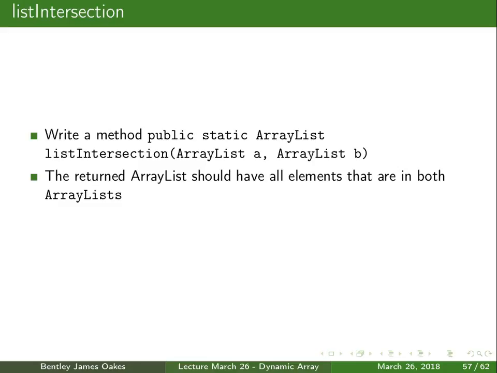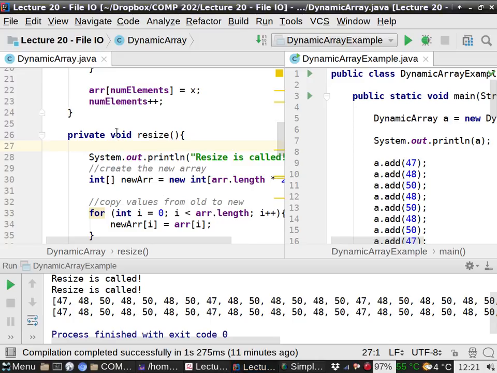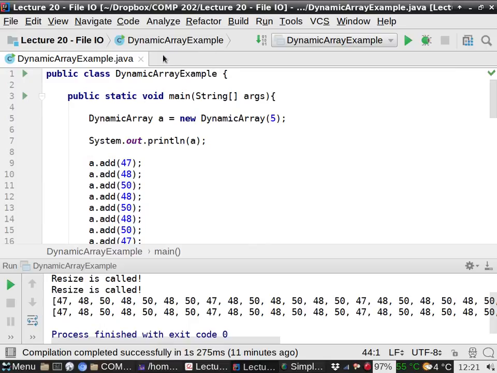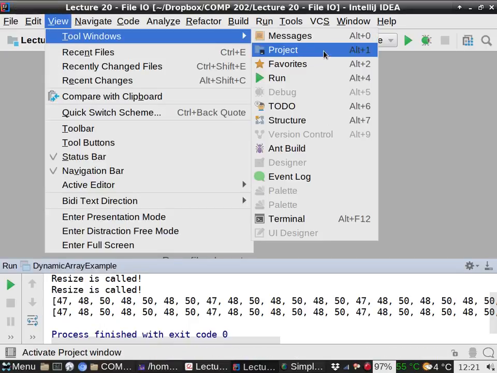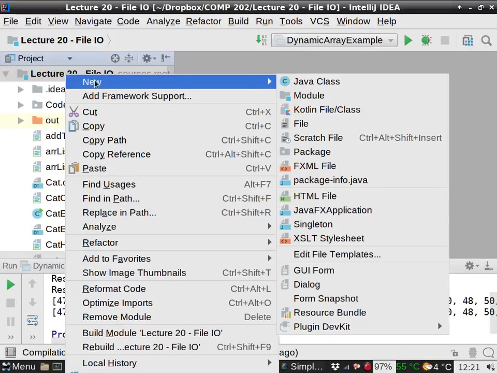So I'm going to write a method that takes 2 array lists and it returns a 3rd array list where the elements in the 3rd array list are in both the 1st and the 2nd array list, and I'm not going to have duplicates. Okay. Just to show you examples of